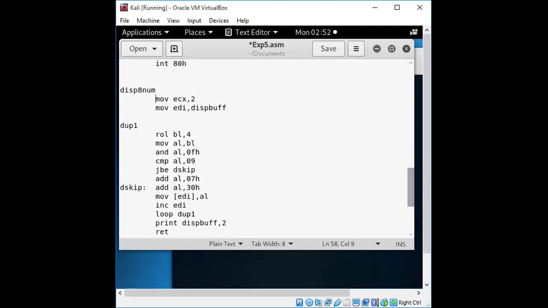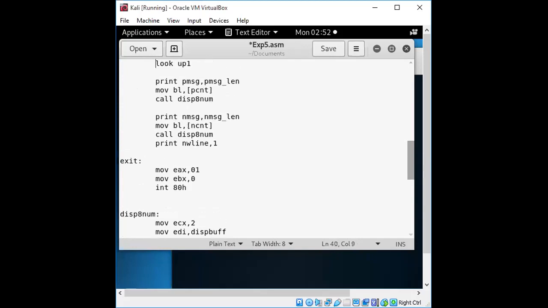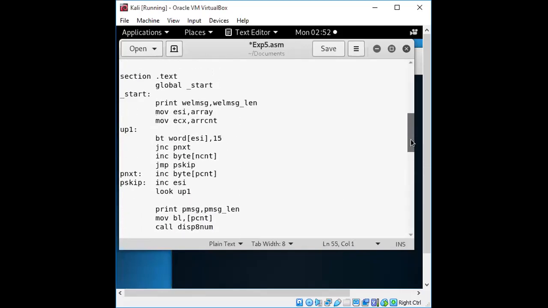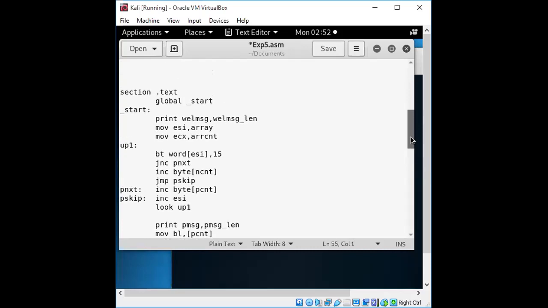DISP colon, it is a label, right? So wherever it is a label, we need to give a colon for it. So where it has been done with the call, that is the first system call for checking the number. The next, second system call: every time we need to check the MSB bit after a rotate, and if after rotation we have got the number as 0 or 1, we'll get the output, right?